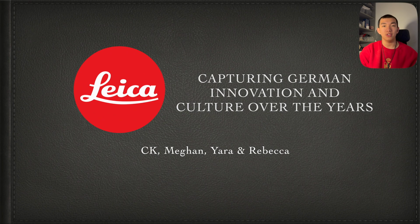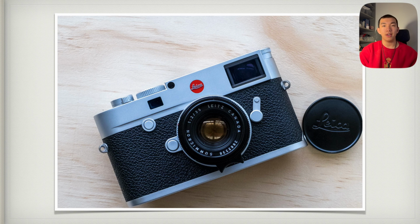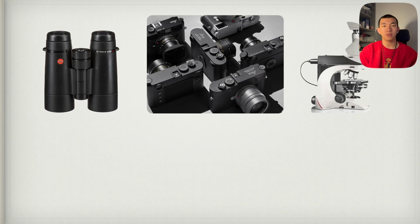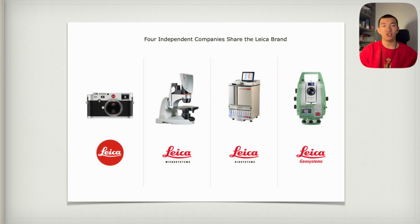In this presentation, we're going to explore one of the many German cultural artifacts, the Leica camera. Leica is more than a company that manufactures cameras. It also covers a wide range of other optical instruments. In fact, the Leica Group was divided into Leica Camera, Leica Microsystems, Leica Geosystems, and Leica Biosystems in the year